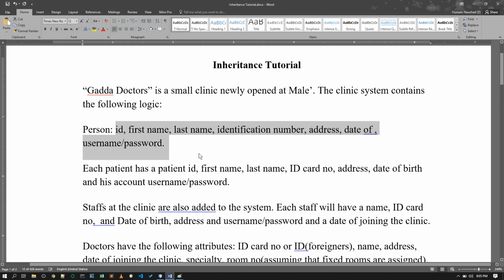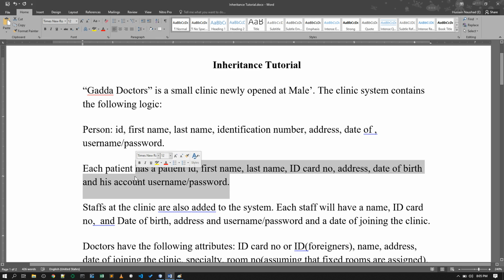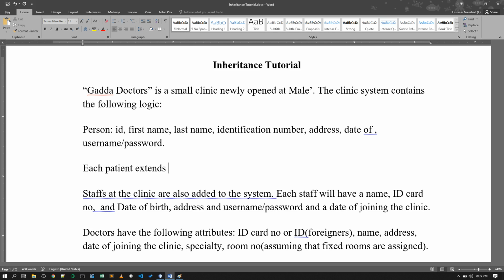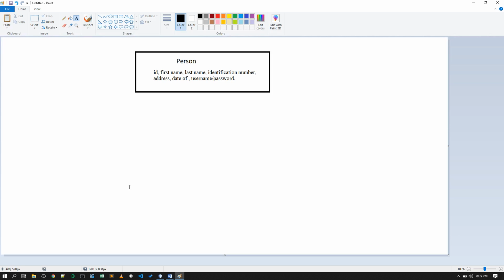Now that means my patient class is going to have a little bit fewer details. You can see here the patient has a patient ID, first name, last name, address, date of birth. Everything in the person is there in the patient class, so it just extends the person. So this extends person. What does that mean? That means I can have a patient class directly below the class,